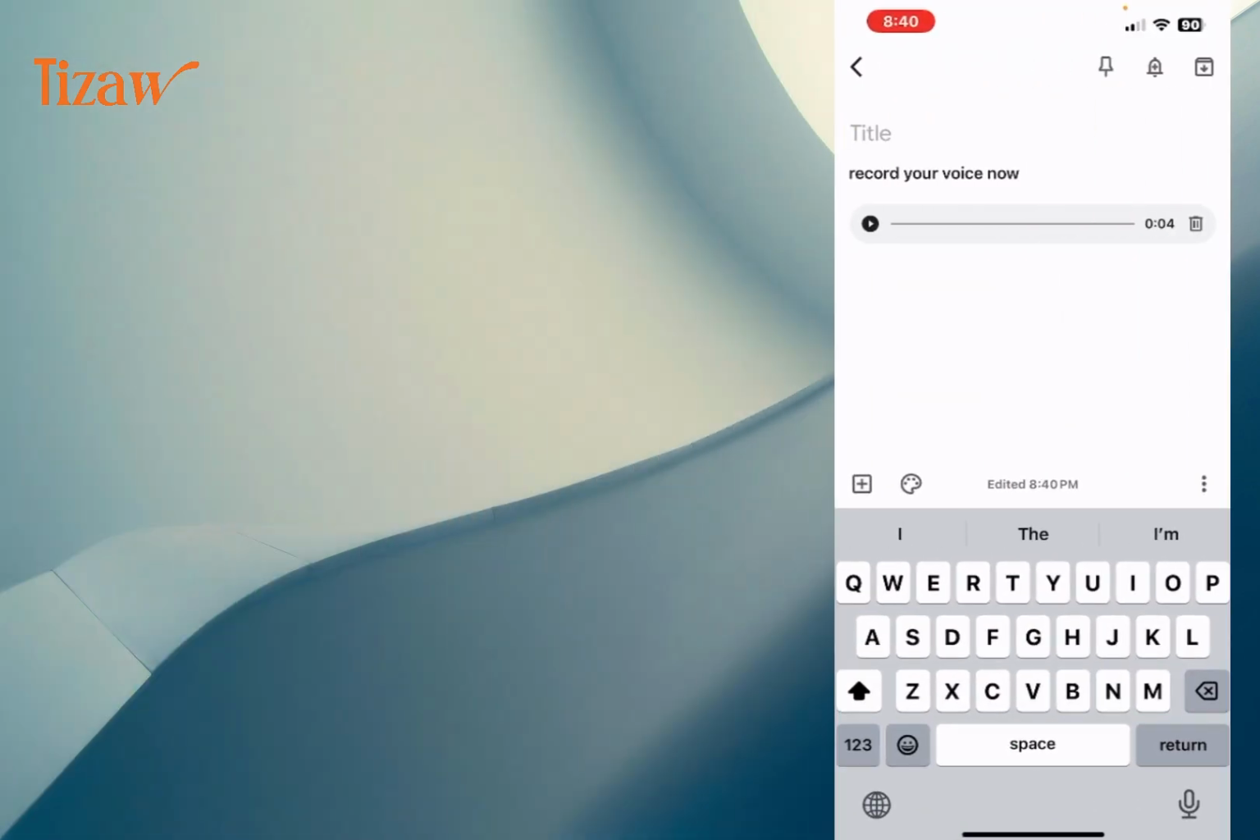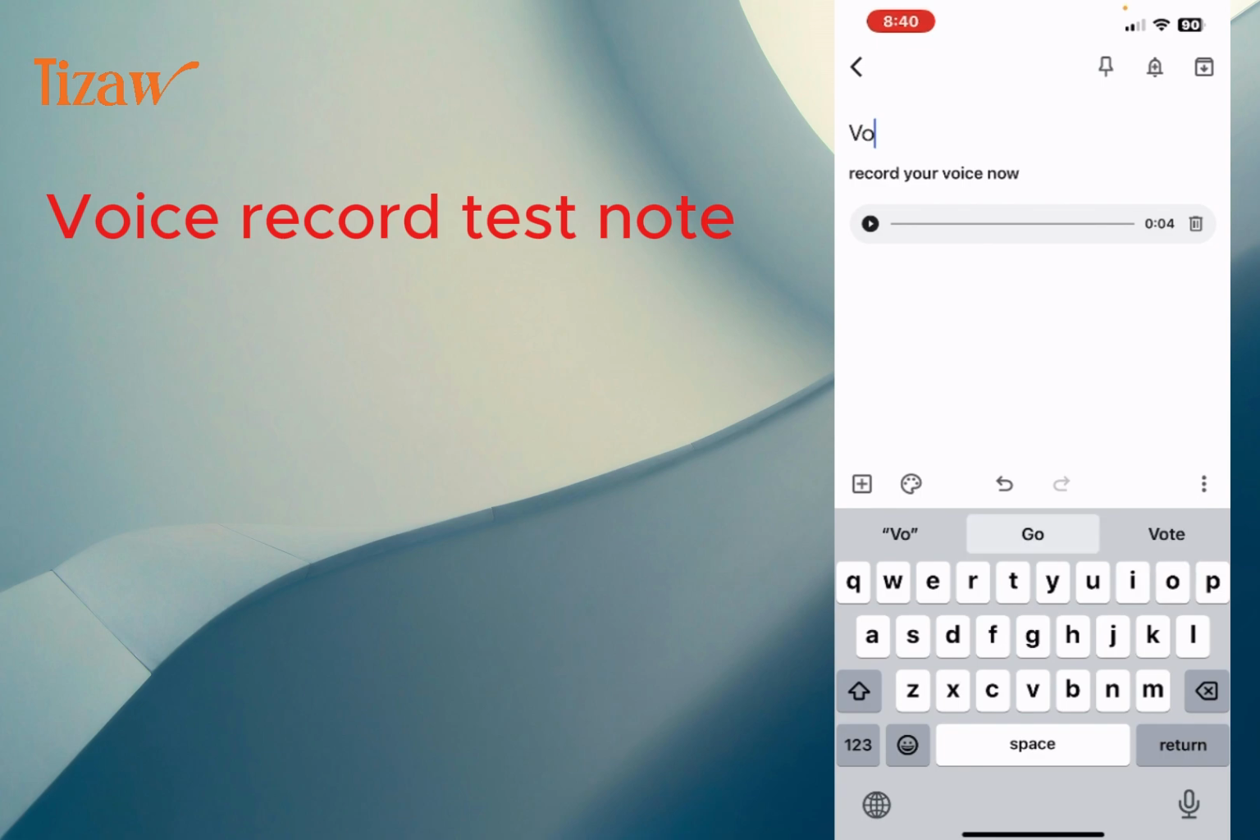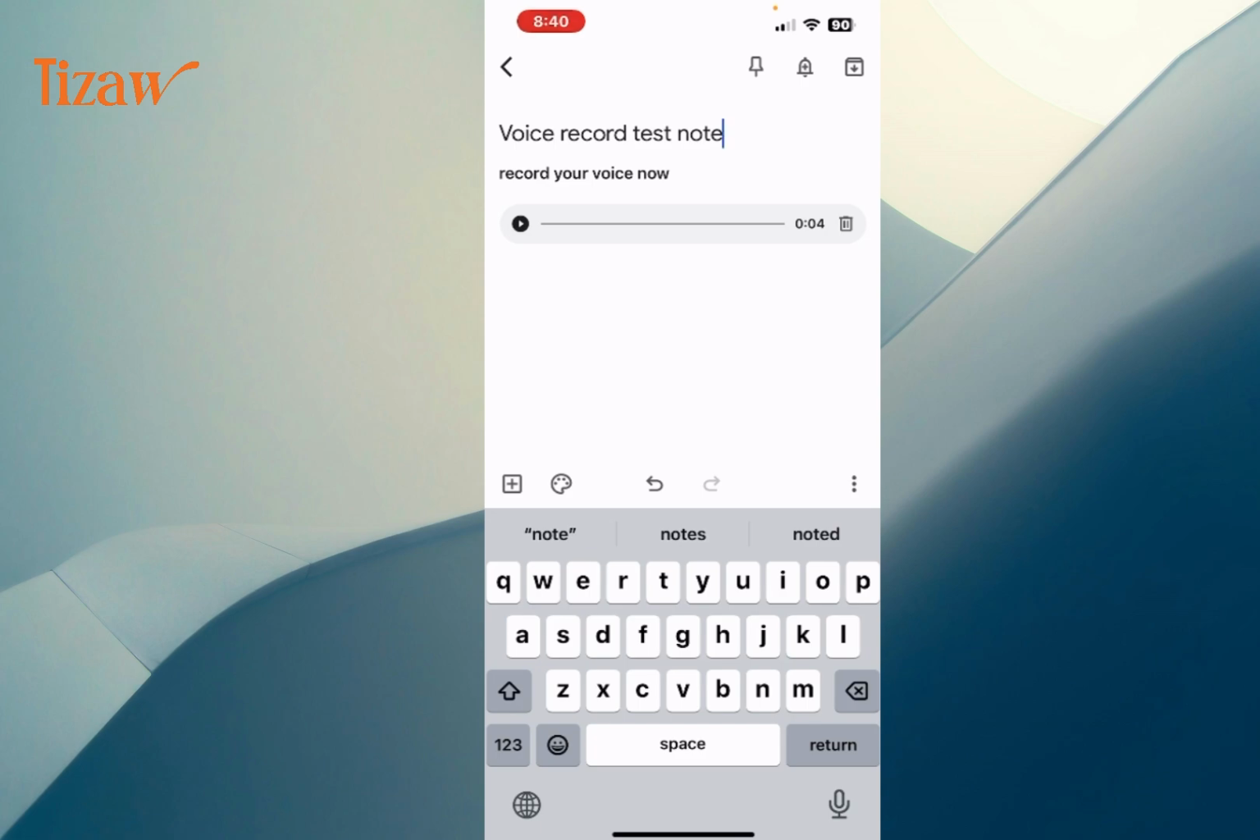Then give a voice record title notes. Here I am giving voice record test note. Look here in notes box, automatically detect my voice and type record your voice now, and here also available